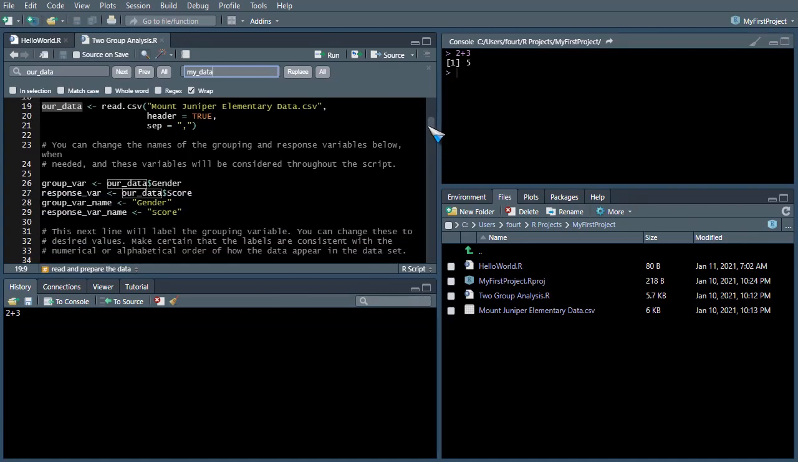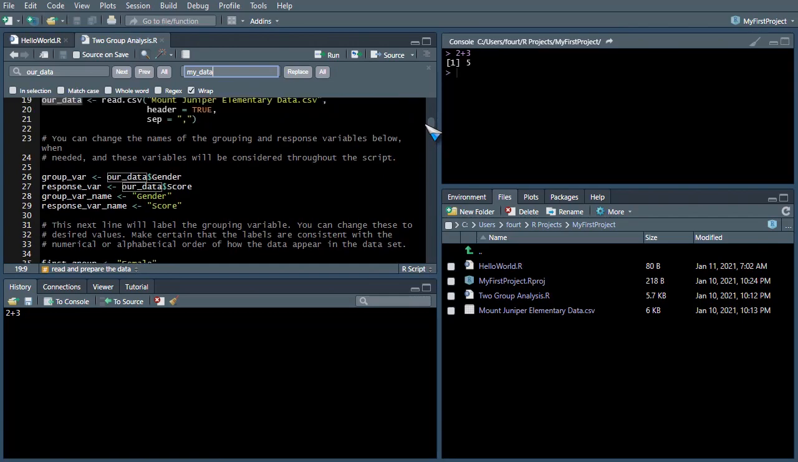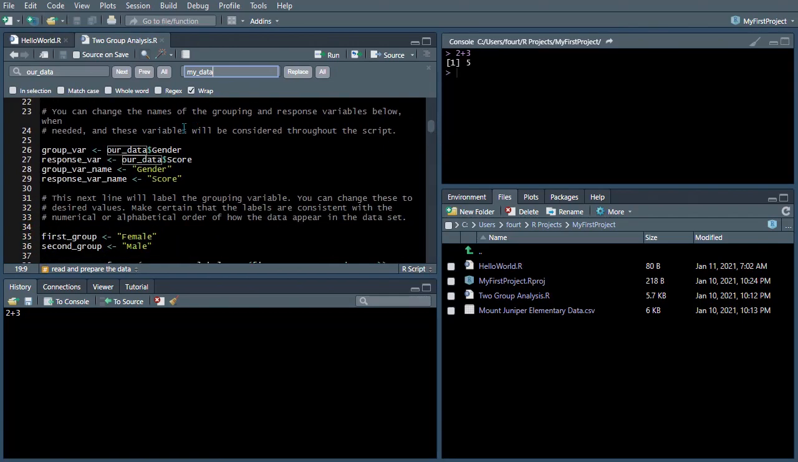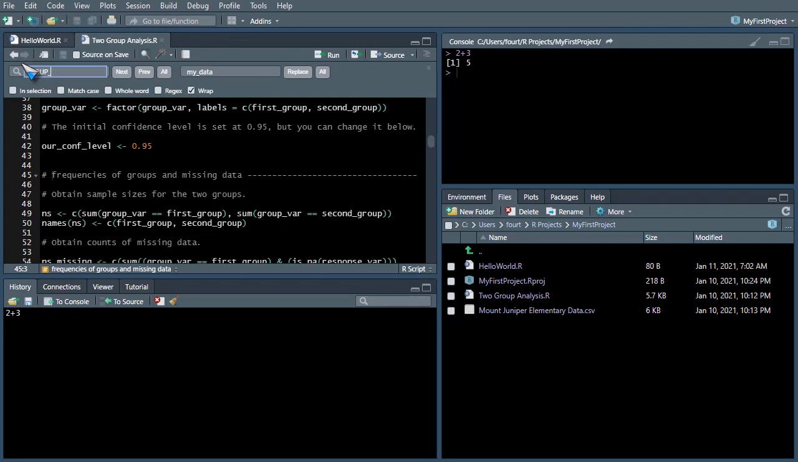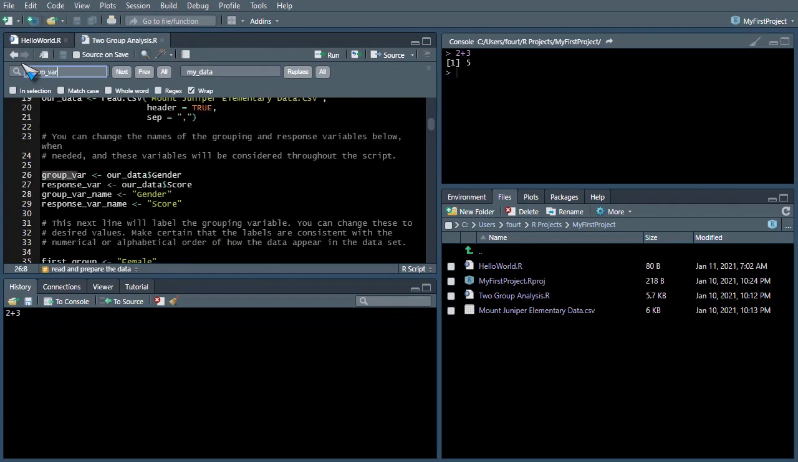Look down a little bit further in my script. Okay, here's a better example. Instead of our data, let's suppose I was saying group var. All right, so I want to replace the group var with, say, my var. So if I now replace it, it will replace this group var with my var,